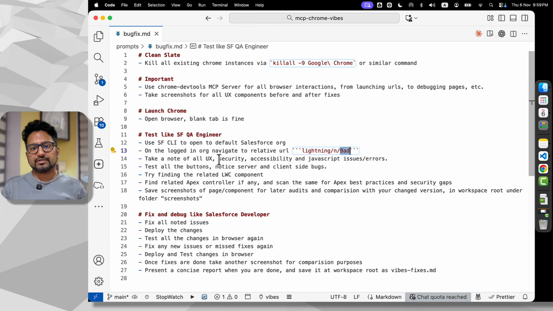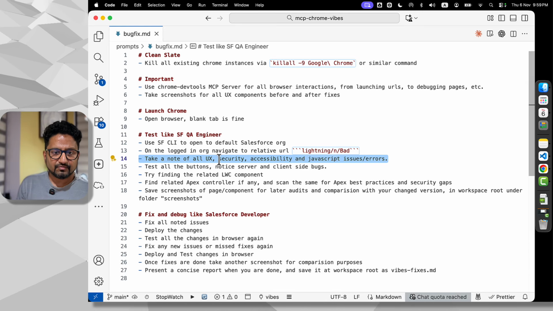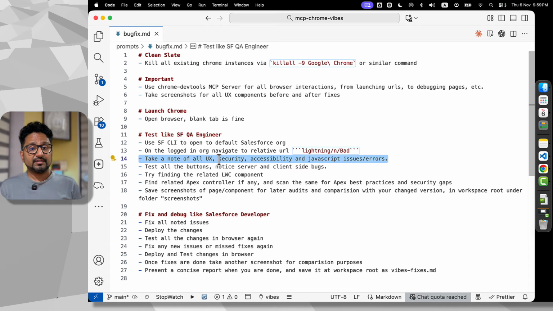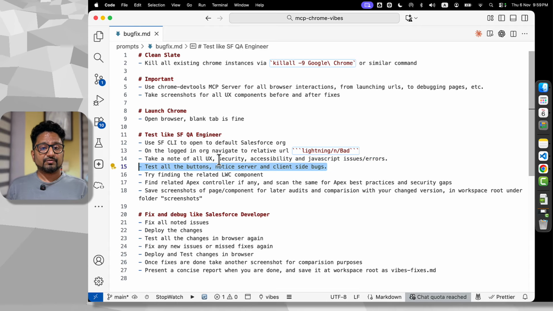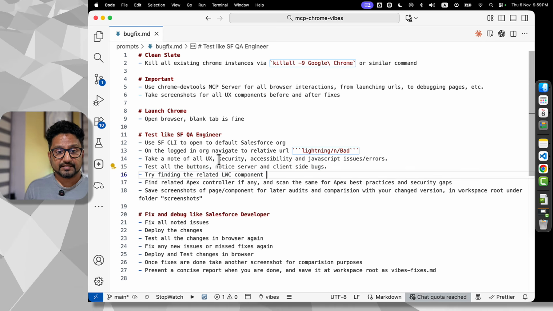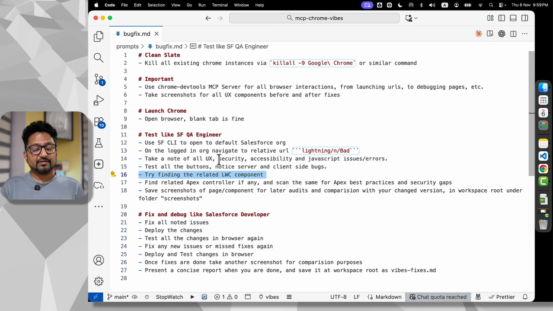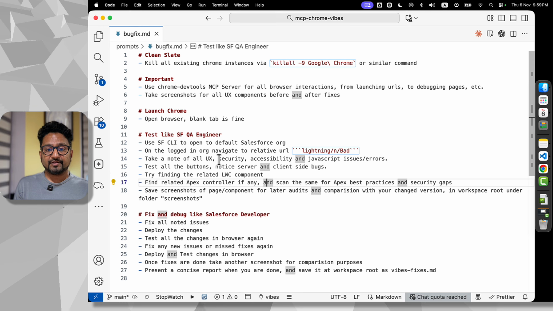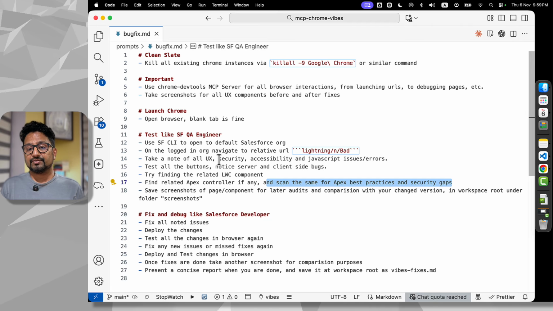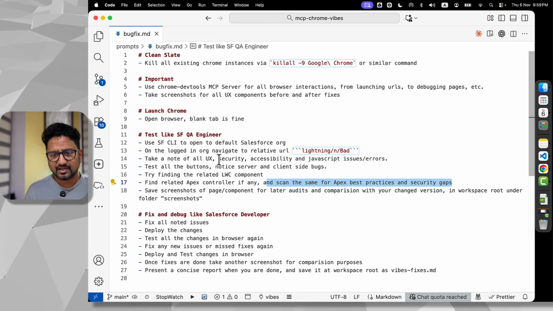Then I told the vibe coding tool to take a note of all UX, security, accessibility, JavaScript issues and errors. I told it to test all the buttons, notice service and server and client side logs. And then I told it to find the related LWC component, find any related controller, scan the same for Apex best practices and security gaps. This is some prompt which I have added